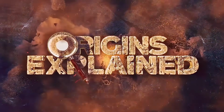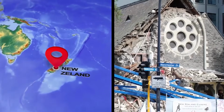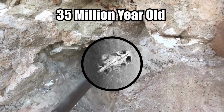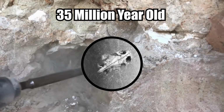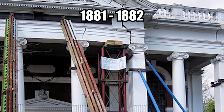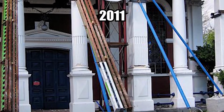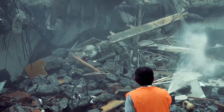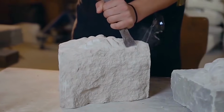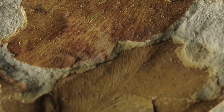Turtle fossil in church. While searching through the ruins of a church that was destroyed by an earthquake in Christchurch, New Zealand, sculptor Paul Deans happened upon a 35-million-year-old turtle fossil embedded in the core of a limestone pillar. Built between 1881 and 82, the Oxford Terrace Baptist Church sustained extensive damage in the 2011 Canterbury earthquakes. When it was demolished, its pillars were hollowed out for the construction of a new church that opened in 2017. Deans received several pieces of the pillar's cores last year to use in his work, leading him to the rather